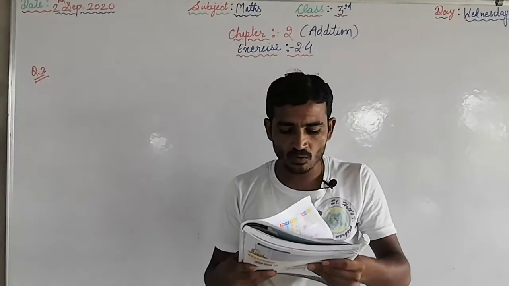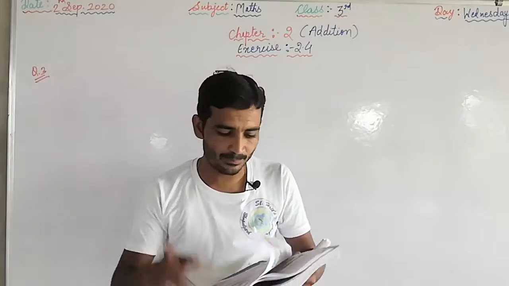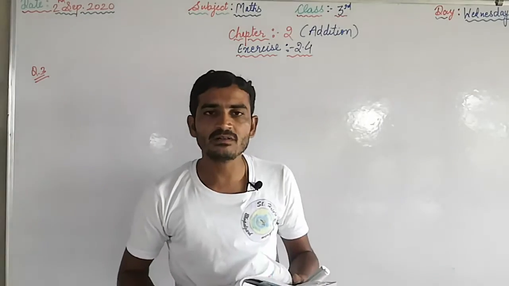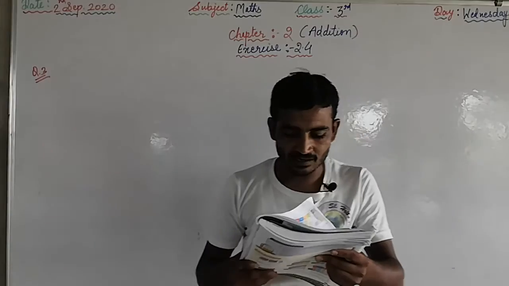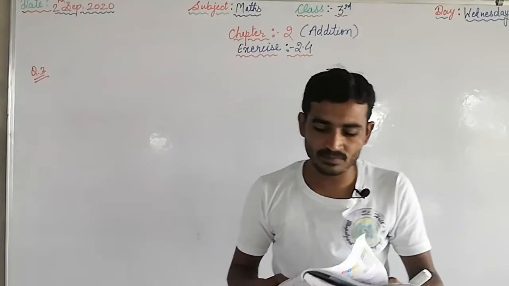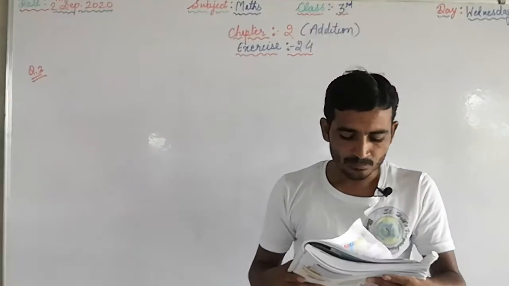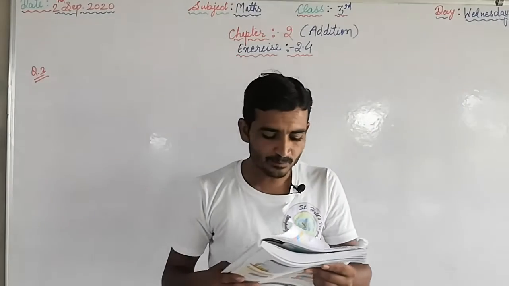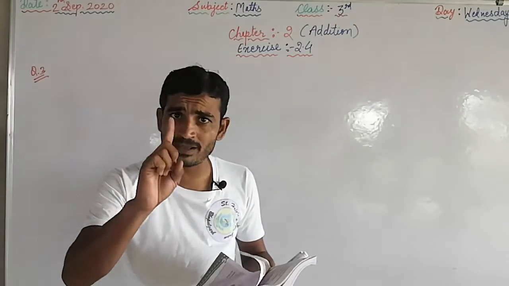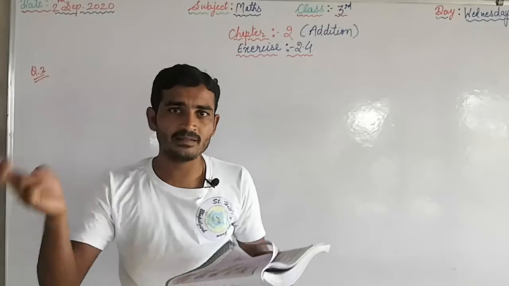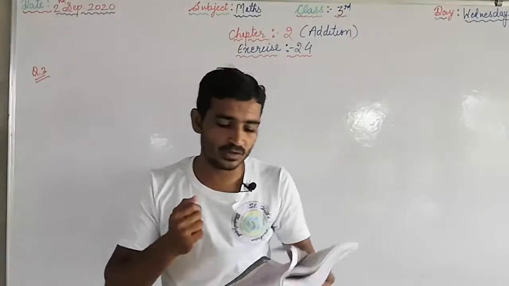Anna bought a pair of jeans for rupees 1699. She also bought a jacket for rupees 1355 and a pair of shoes for rupees 870. Calculate the amount of money Anna spent on shopping of the three items. Anna bought a pair of jeans, the amount is given, and then jacket, the amount is also given, and the pair of shoes, the amount is also given.